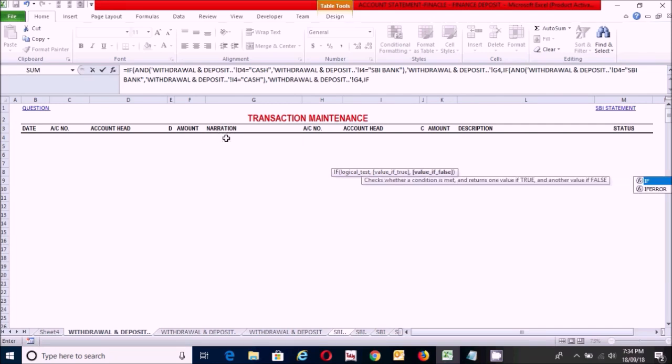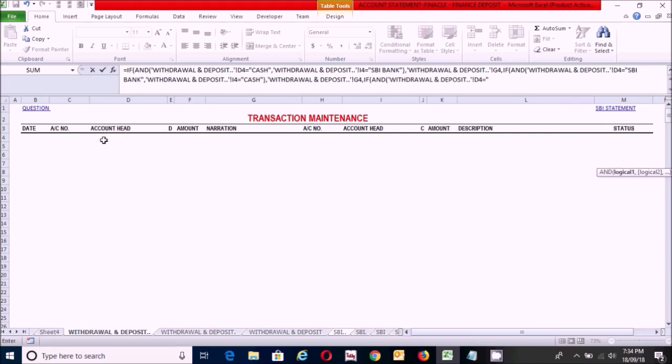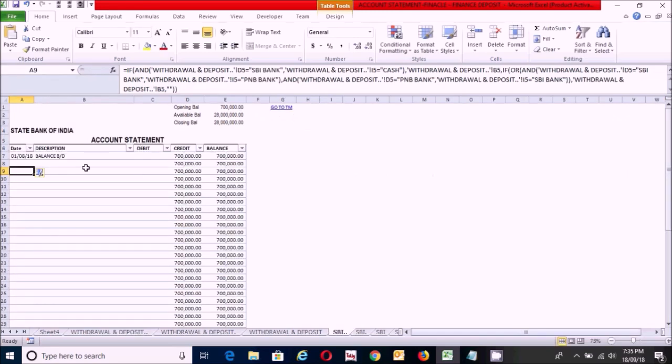Again, if and this equals to PNB bank, comma, this equals to SBI bank, then this one, otherwise blank. Now close parenthesis. Now press the enter key. Alright, now click here and drag from here to